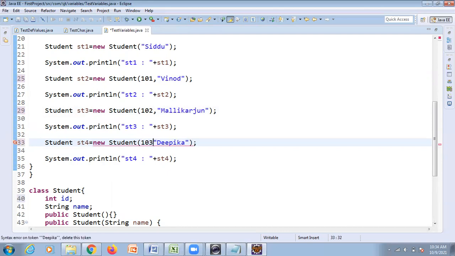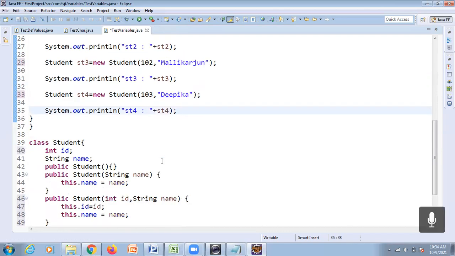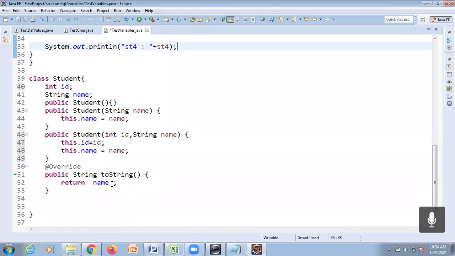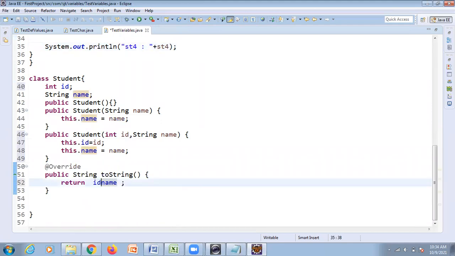That's not 103. After adding this to this object, again what I'll do, id plus some concatenation, id plus name only.